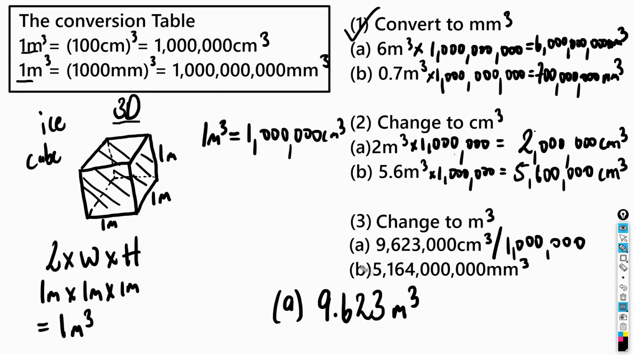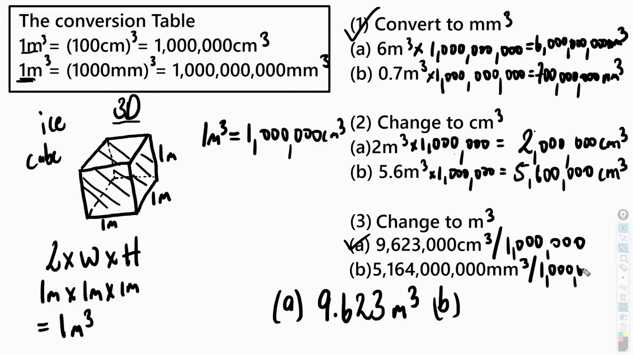Cool. Now for B now, right? For B, we have 5,164,000,000 millimeters cubed, right? And we need to convert that to meters cubed. So all we have to do is divide this, because we already know that 1 meter cubed, sorry, is equal to 1 billion millimeters cubed, right? So all we have to do is divide this by 1 billion, which is